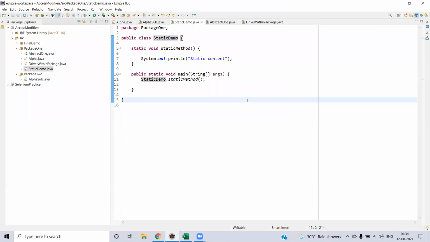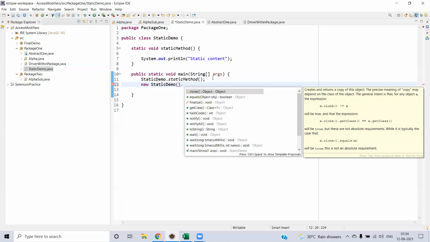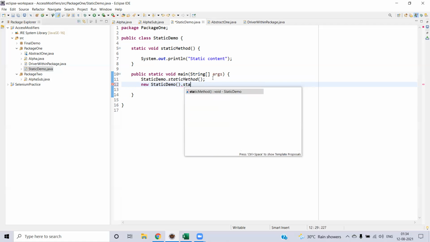Static content. Yes, fine. But there is another catch. It's not that you can call it only with the class name; you can call it with the instance also. However, by convention, we should call the static method by the class name. That means whenever you load the class, it will be available to you, which does not mean you cannot access it with the instance. For example, the same thing can be accessed with the instance as well. Just to demonstrate that, you can create an anonymous object, which does not have any reference, and call the static method.